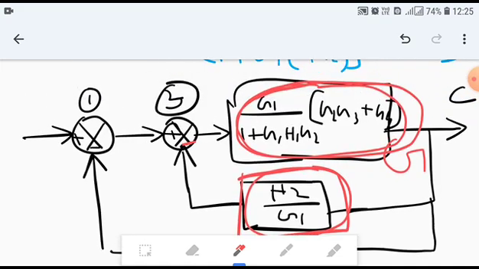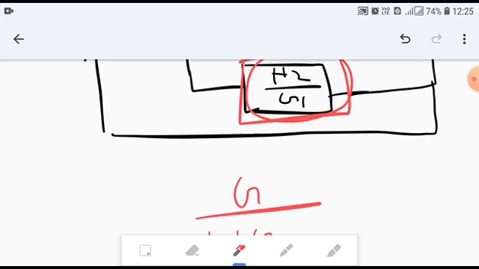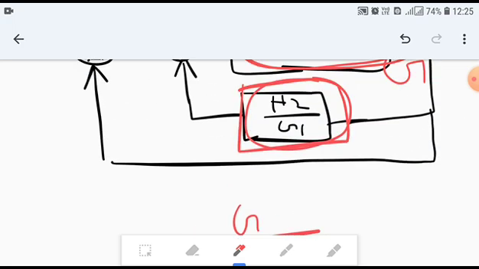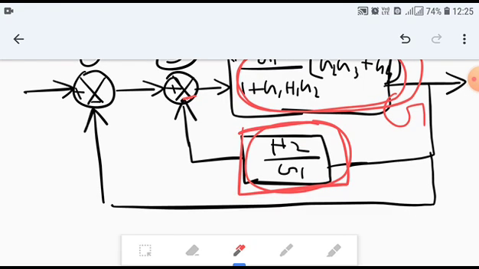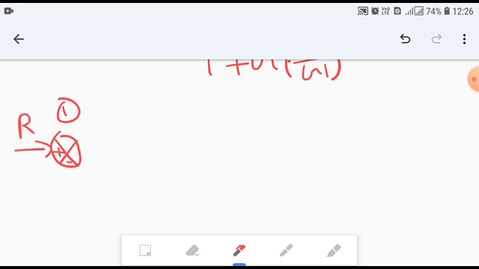So we are going to combine this capital G and H2 by G1 in negative feedback. So what we get here is G by 1 plus capital G into H2 by G1, where capital G is G1 by 1 plus G1 H1 G2 into G2 G3 G4, that is capital G. Okay, summing point 3 vanishes. So I'm writing the new block here. Summing point 1 is still there, input we have,